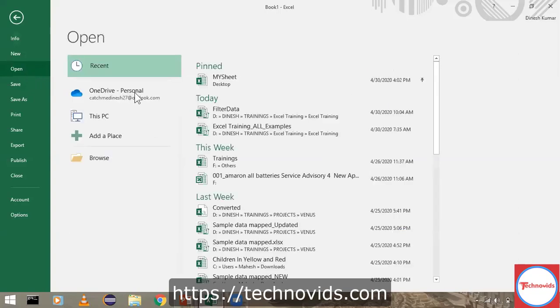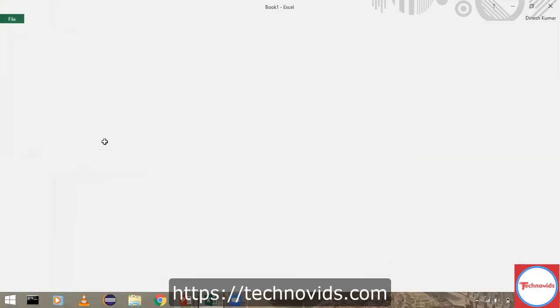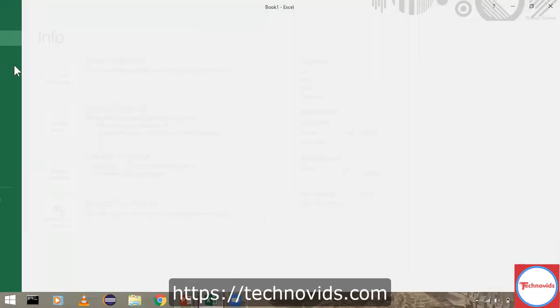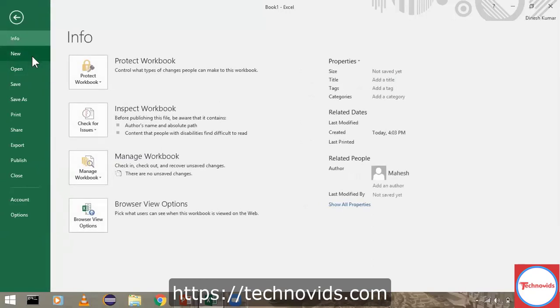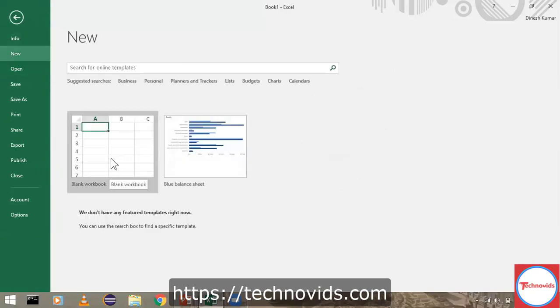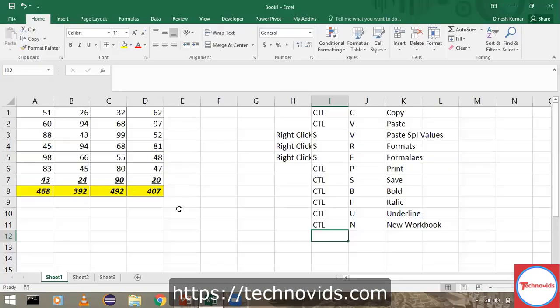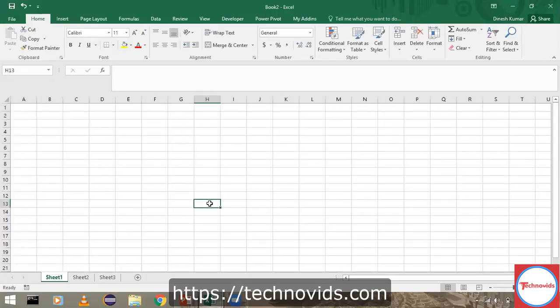You have to go for New, and then you have to click a New workbook as such. So instead of that, you can instantly say Control N, and a new workbook will open. You see there, a new workbook has already been opened, which is Book 2 here. So Control N is the shortcut key for that.